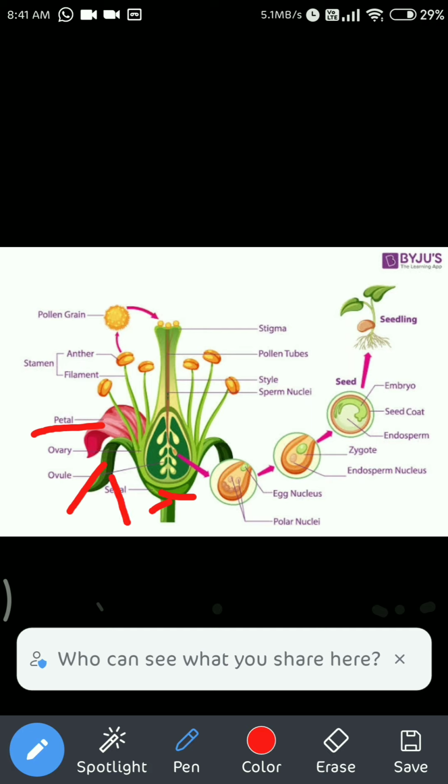This is the single unit when you talk about a sepal, but when you talk about the whorl, the whole ring around the flower, that is called the calyx. In the same way, for the colorful petals, if you talk about a single unit, it is a petal. Otherwise, the whorl of the petals is known as the corolla. Inner to it is the third whorl.